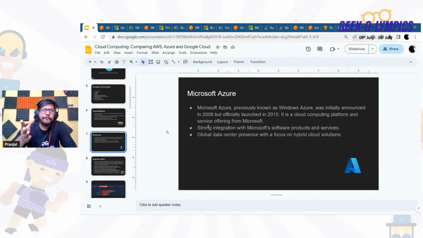But if you're going to come into this cloud service domain, it's my personal opinion, you can do your own research, but if you're going to start with AWS, then it will be easier for you to understand, because the documentation which AWS provides is pretty good. As you compare with Azure, it's not so good.